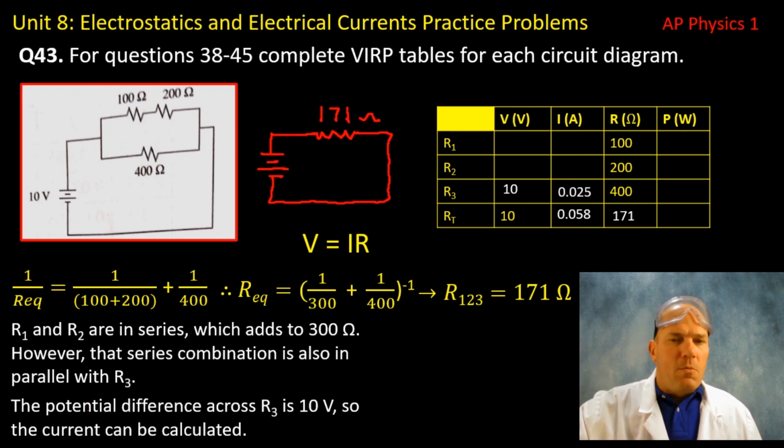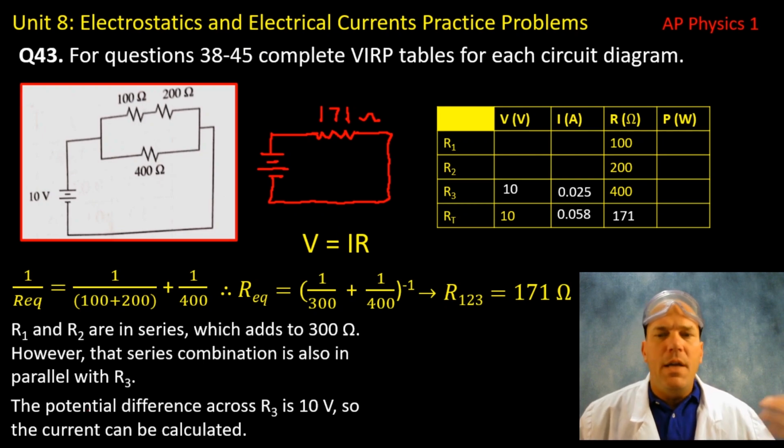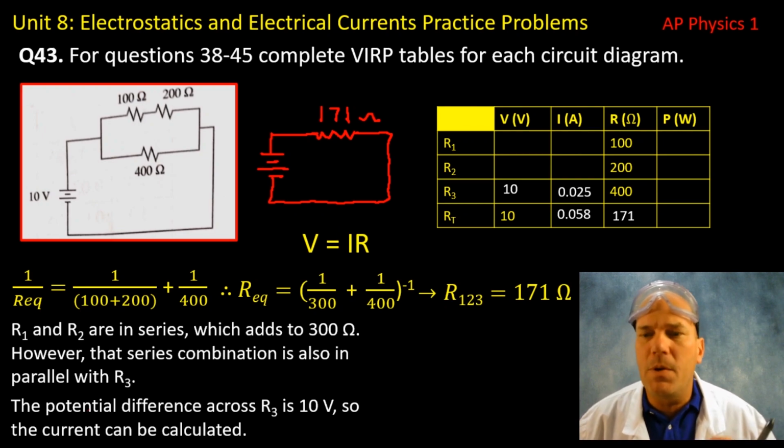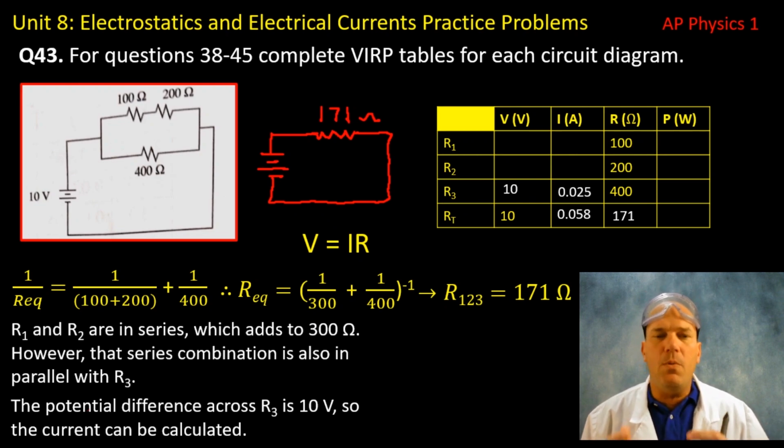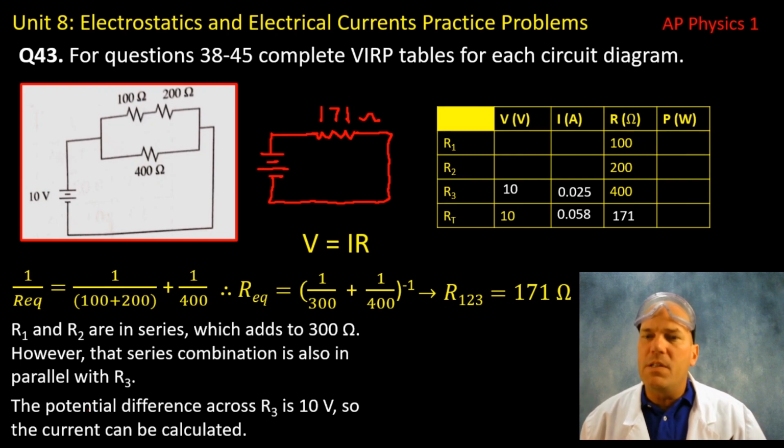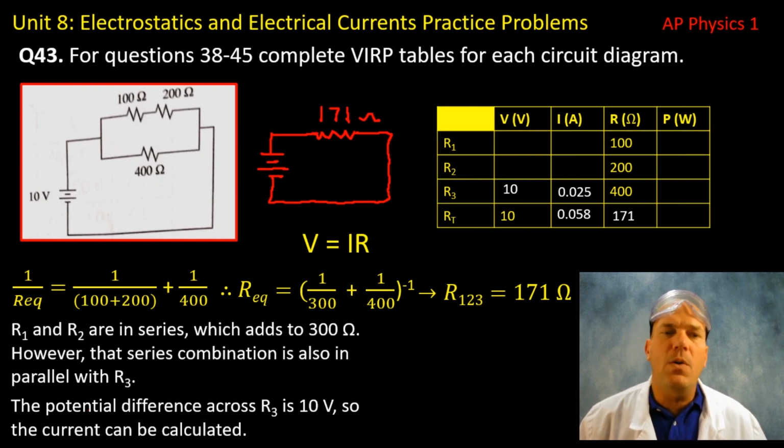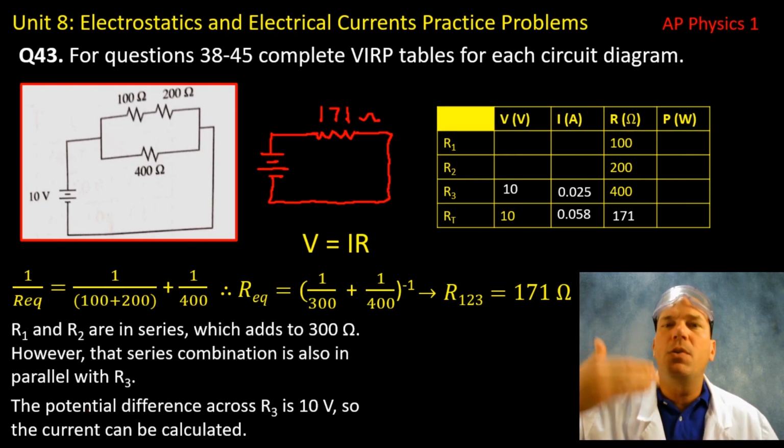So with R3, you can go ahead using Ohm's law, and you can 10 divided by 400, you can get 0.025 amps going through that branch, which means the remaining current will go through the branch with the two resistors